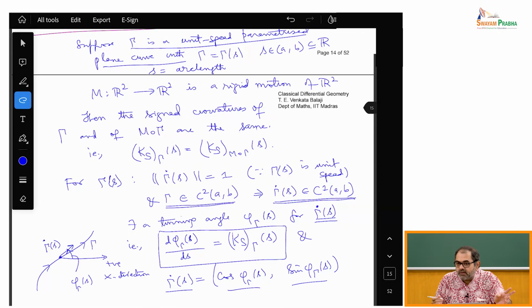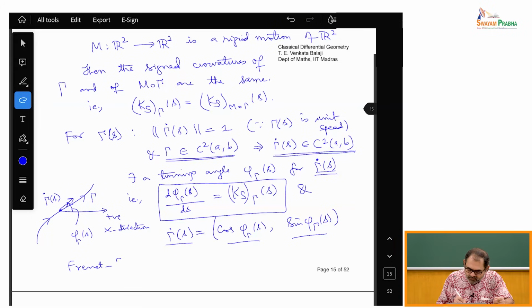The whole point about all this is that after all, if you take any unit vector you can always write it as cos theta, sin theta, that's not a big deal. But the point is, if the unit vector is C1, then the theta can also be made C1, and that is always tricky because usually the angle function itself is discontinuous around a point. So that's where there is a little bit of technicality here. This is very important for the plane curve case,